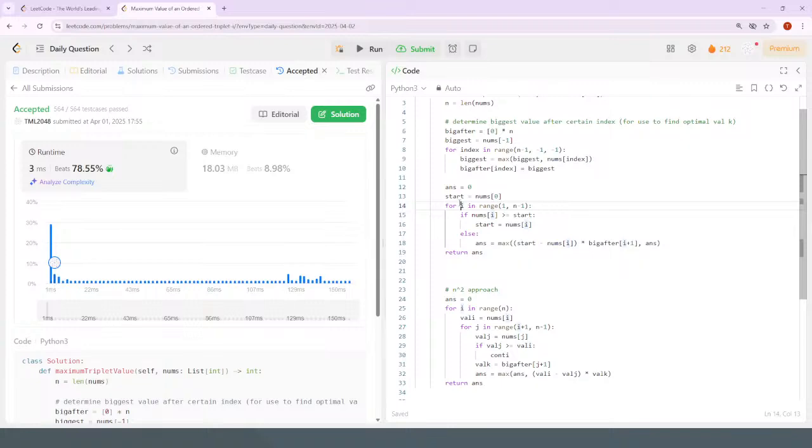Greatest, biggest after, greatest, biggest before. Then you'd have two. You still do answer because the max of